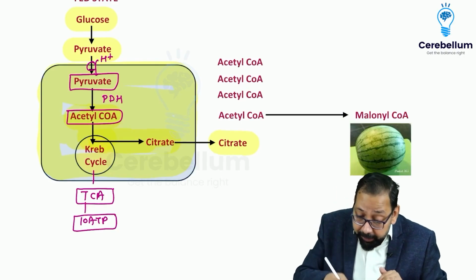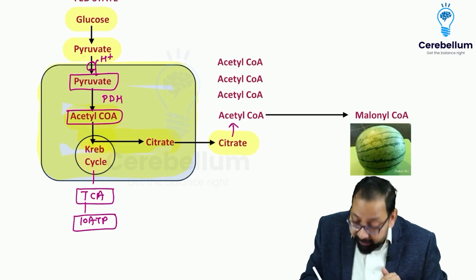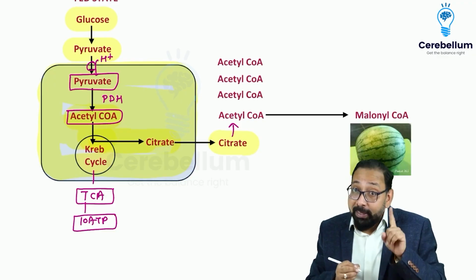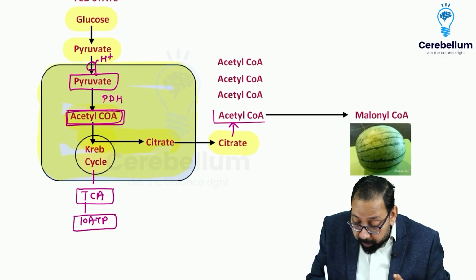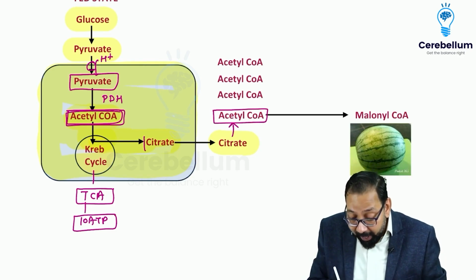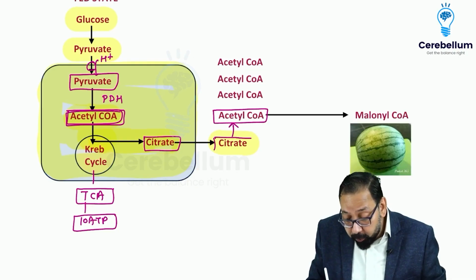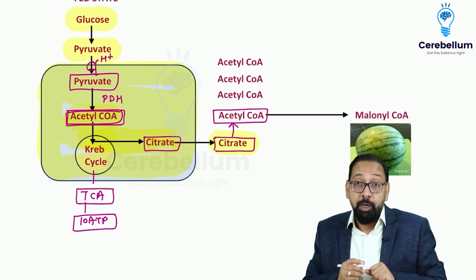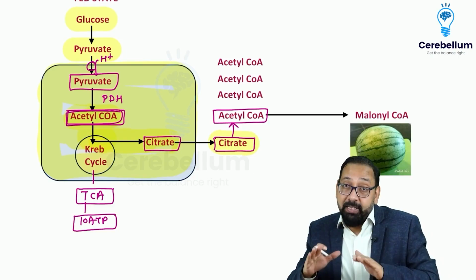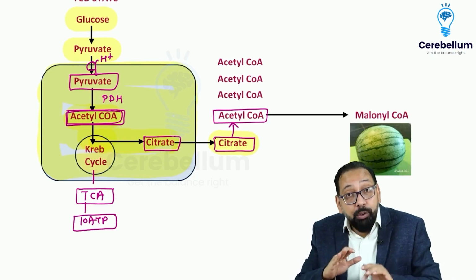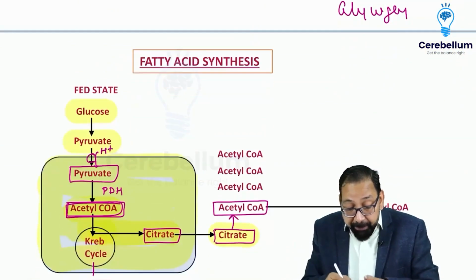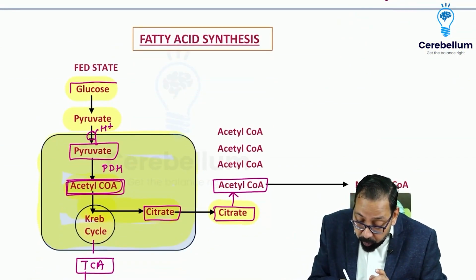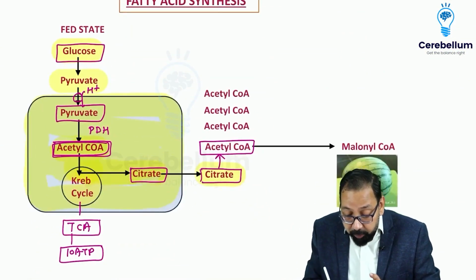Now this citrate is again converted to acetyl coenzyme A. So I can say this acetyl coenzyme A, which was present in the mitochondria, reaches the cytosol with the help of citrate. That's why it is called the citrate shuttle. So now we start fatty acid synthesis. Till now, I told you how extra carbohydrate, glucose, is ultimately converted to acetyl